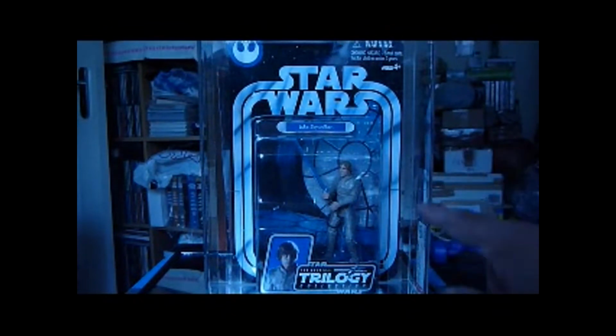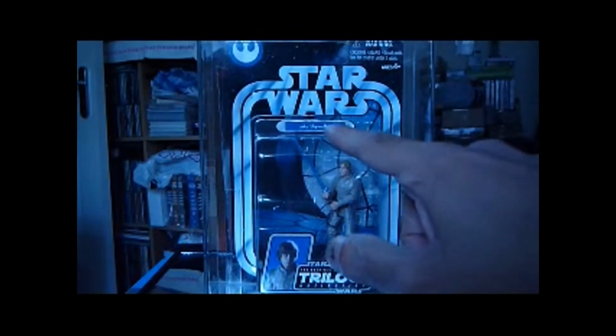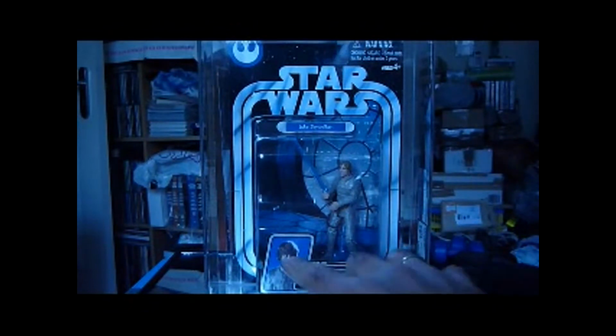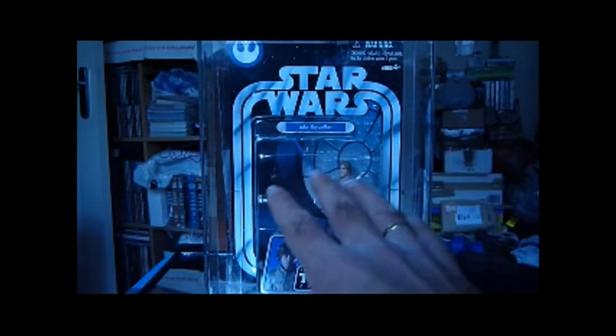So it's got the double lines just like in the vintage cards from back in the day, the 70s, and the way the name is done at the top is very similar to the vintage figures as well. It has a little picture there of Luke Skywalker in his Bespin outfit from Empire Strikes Back, and then here it has the original trilogy logo, and then it doesn't have a picture on the back